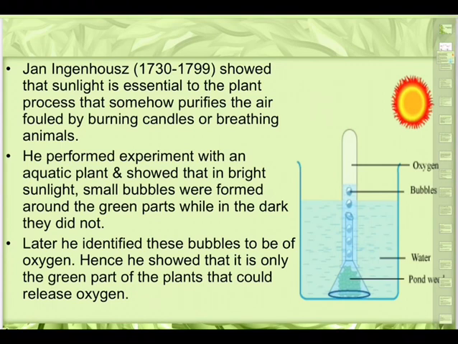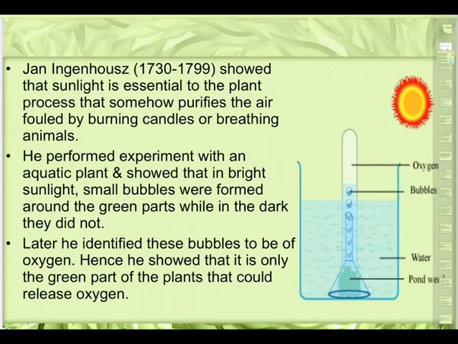All of you will be doing this in our lab also. You take a glass jar, and in that you take water and some algae, and then you take a beaker, put the beaker in reverse, covering all the algae plants. Over that beaker you put a glass test tube, and as soon as you place this whole setup in the sunlight, you will start observing air bubbles coming out, particularly from the beaker, and reaching the test tube. As the air bubbles go up, you can note down the initial volume of the water in the test tube and the final volume. That much oxygen will be occupying it.